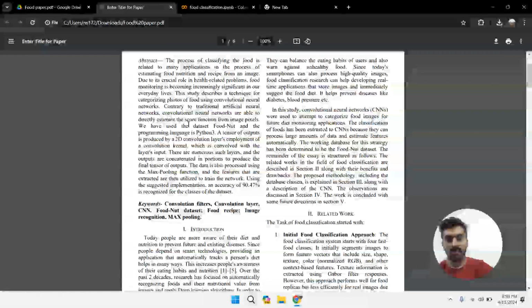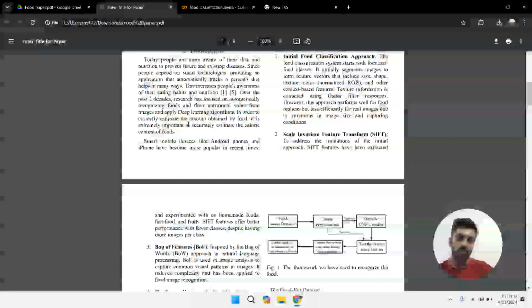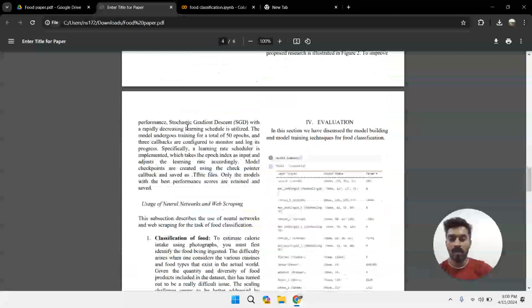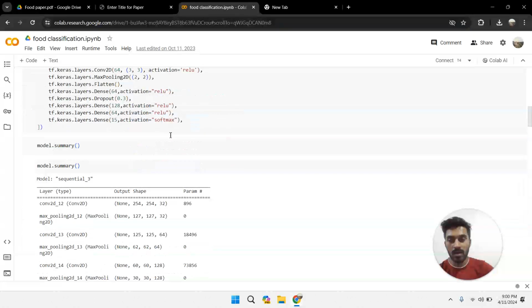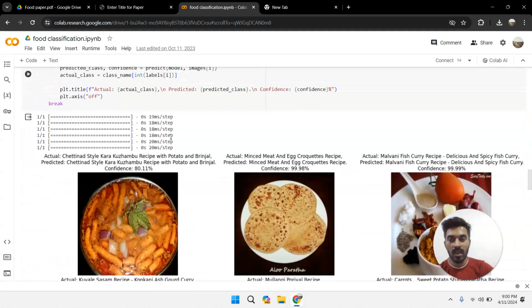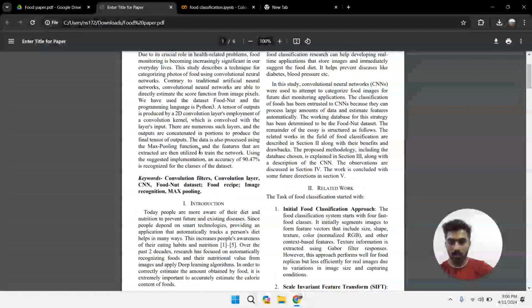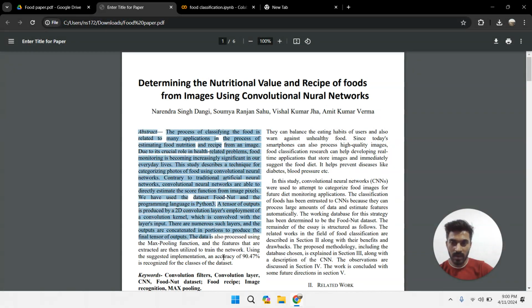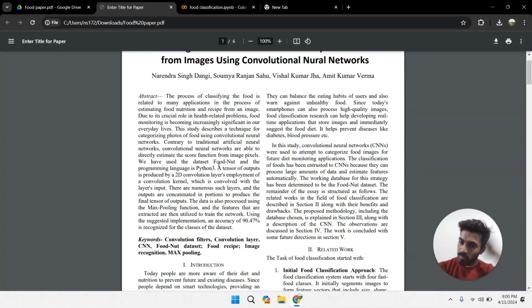So let's start the discussion on how we have done it, how we thought about this project, and how to do this project. I will also provide the code for image classification and all of these things, like how I have done it. So let's start today's discussion. So that's done. Now the abstract, or basically the motivation of this project.